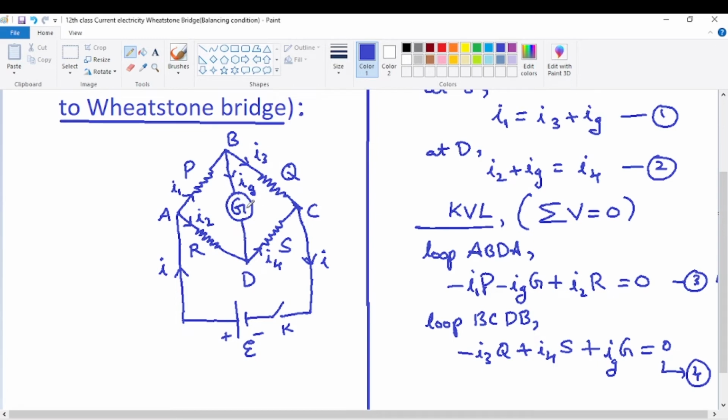That means the galvanometer is not existing here. The same way, this current also through the resistance R directly flows into S. There will not be any I4. I2 only will be flowing. That means I2 and I4 will be one and the same. Now the important thing is